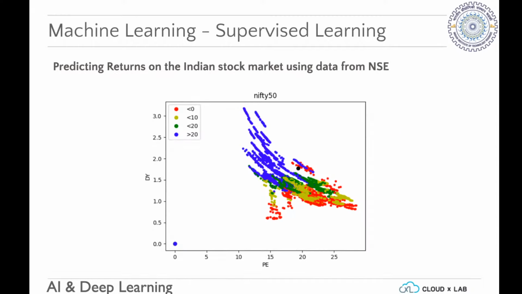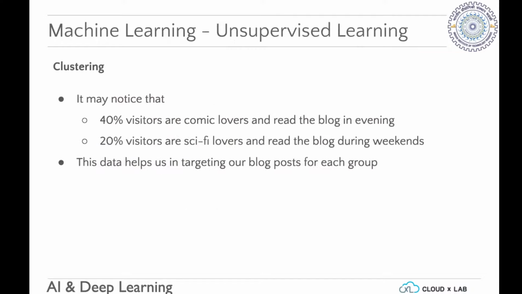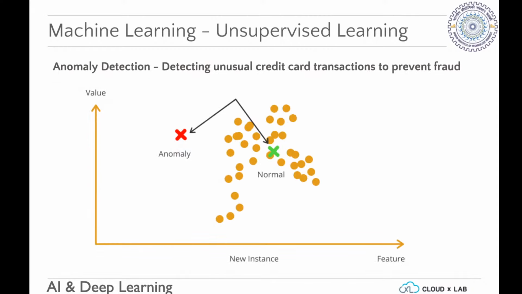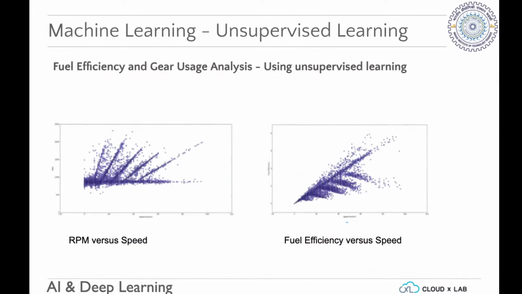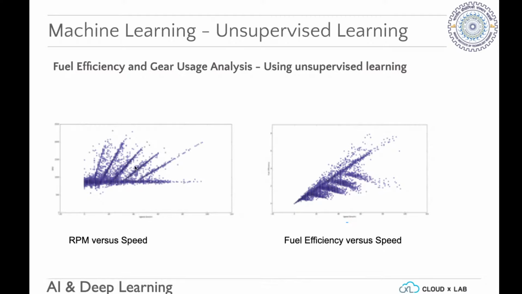Then there were some other questions on unsupervised learning. So when do you use unsupervised learning? You use unsupervised learning when you don't know what patterns you're supposed to find. For the real example I chose, where I just had data like this, you're trying to figure out which is first gear, second gear, third gear, fourth gear. We just ran the algorithms and it figured out what the gears are. That's an example of unsupervised learning.